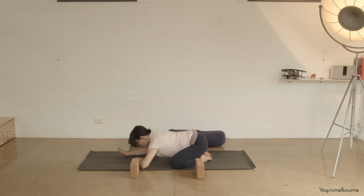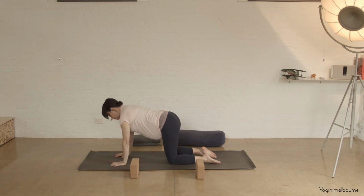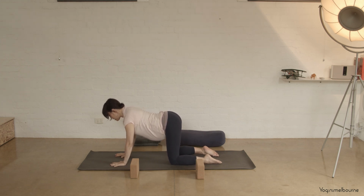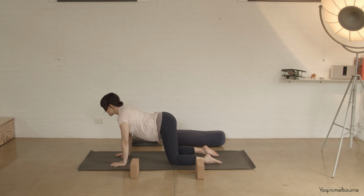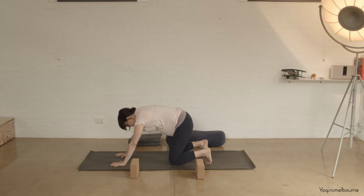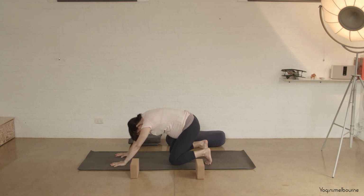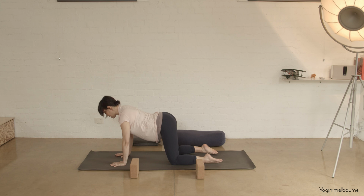And then make your way into your tabletop position, setting up those wrists just underneath the shoulders or slightly forward, knees underneath the hips, and then taking a cat-cow, releasing the belly down, draw the shoulders away from the ears. Take an inhale, and then as you exhale, tucking the toes under, C-curve through the spine and just shift the hips slightly back, so you're just rocking back a little bit, and then taking an inhale, tops of feet down,